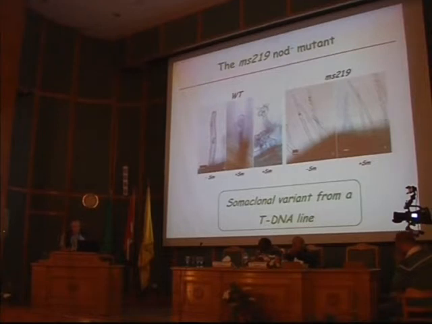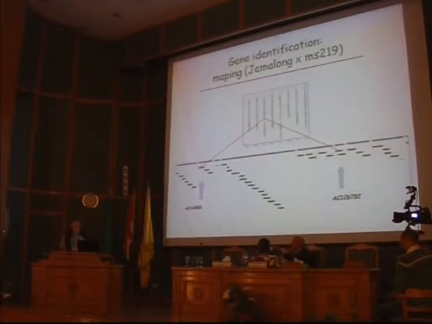There was a T-DNA in this line, but it was not linked to the mutation. So the mutation was independent of the presence of the T-DNA. So then we had to do what we didn't want to do when doing insertion mutagenesis. This means map-based cloning. We map-based